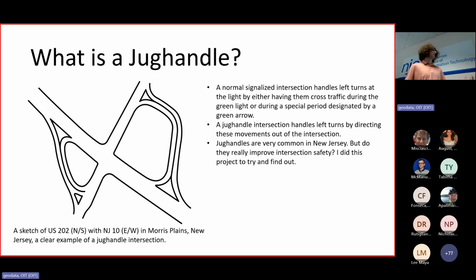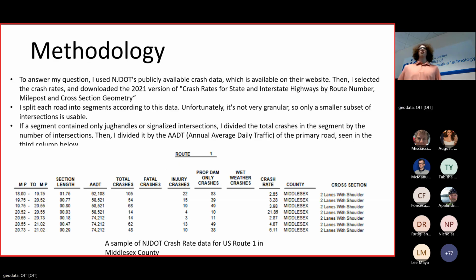Well, basically, I was separating intersections where left turns are handled by a jug handle and where left turns are handled by the signal. So I wanted to figure out which type of intersection was safer. And to do this, I looked at NJDOT's publicly available crash data. For every US and state route in the state, you can find a table just like this on the NJDOT website. And so using ArcGIS, I split routes into segments using this data and looked at the crash rate along